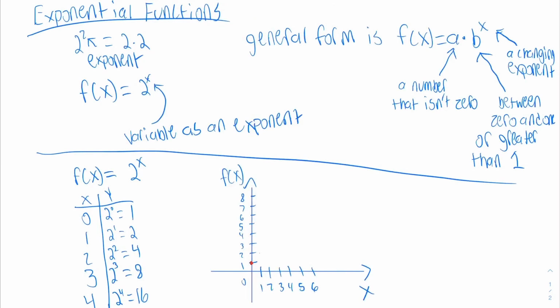0 goes with 1. 1 goes with 2. And we had a half. A half goes with 1.4. 2 goes with 4. 3 goes with 8. And then 4 is way off the chart. It's going to be double of 8. So if we connect these dots,